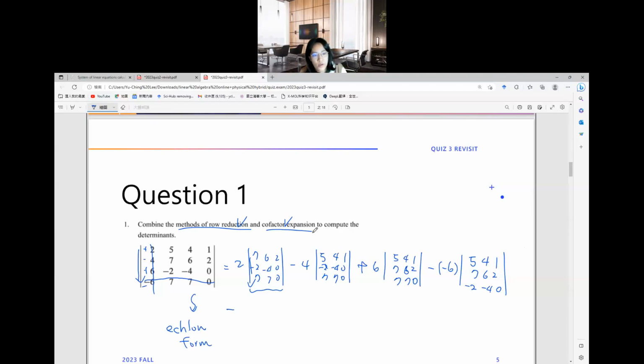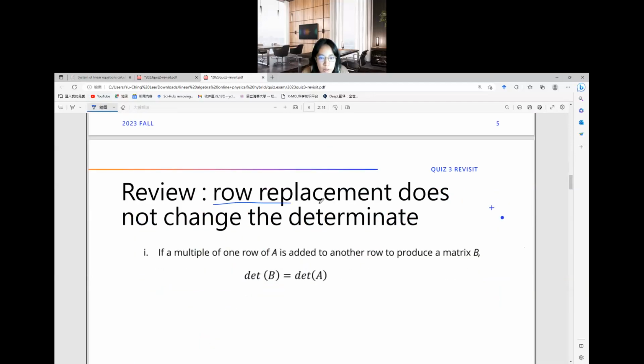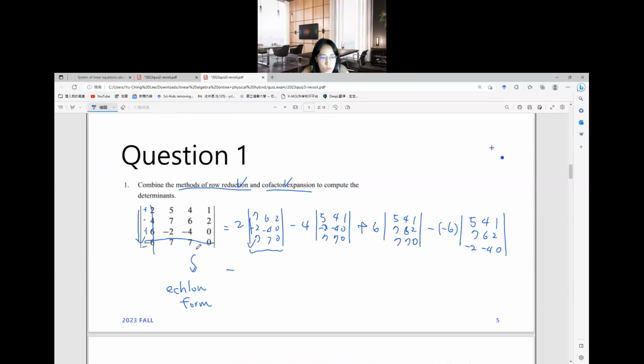And then in the process, there are some row operations being used. And recall that the row operations may or may not change the value of the determinant. For example, the row replacement does not change the determinant. And I put this review here because that's the main row operation used in the process of reducing this to